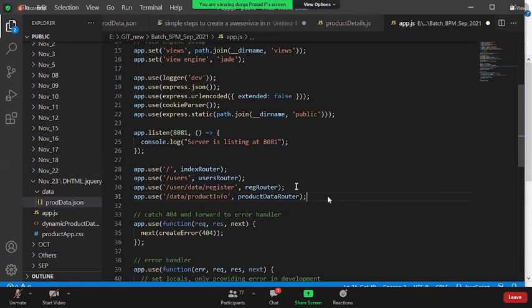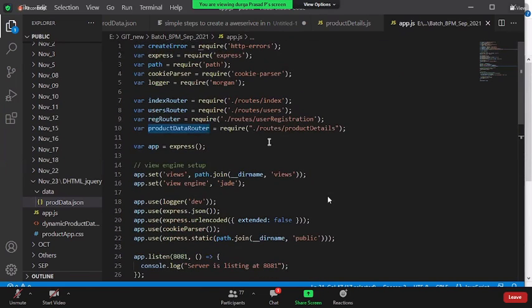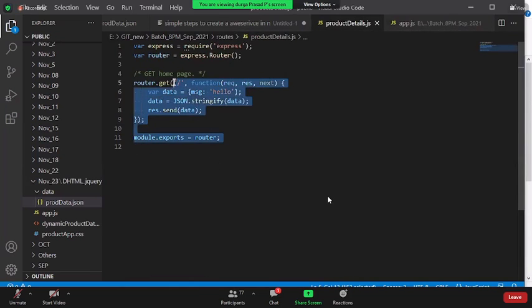And this is what product router is. Now, what do you mean by this line number 31? Anytime user is hitting this URL, you need to invoke this product data router. What is this product data router? This indicates there is a file called as product details.js under the routes folder, which is this guy. Then this guy will execute and he will respond with this data.